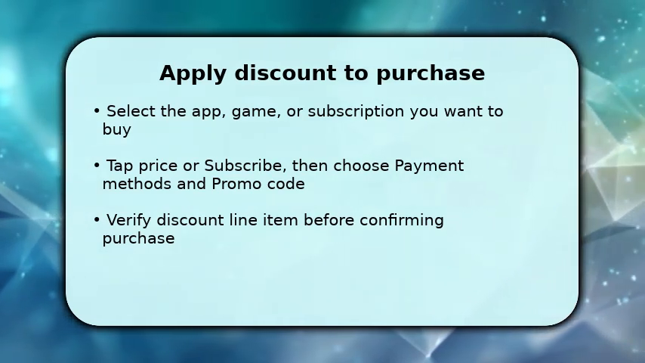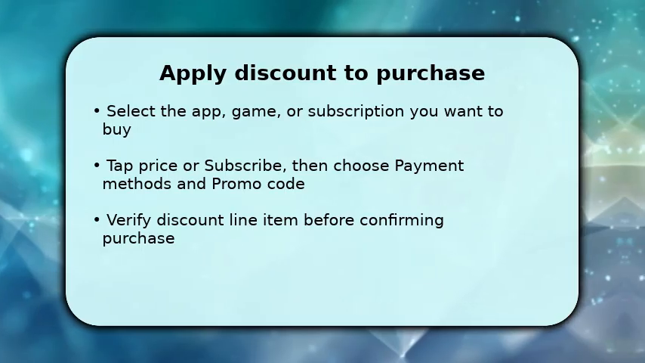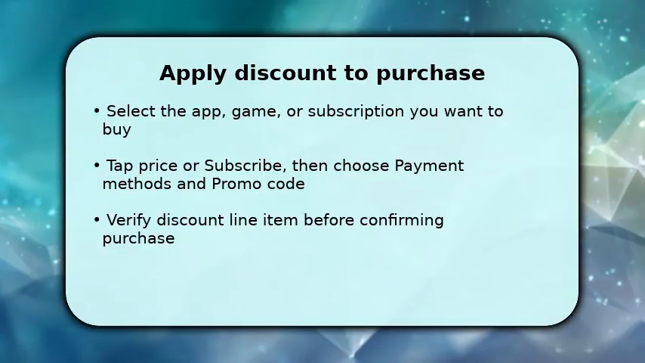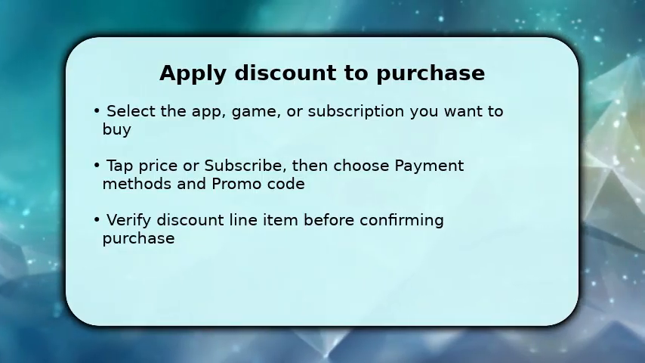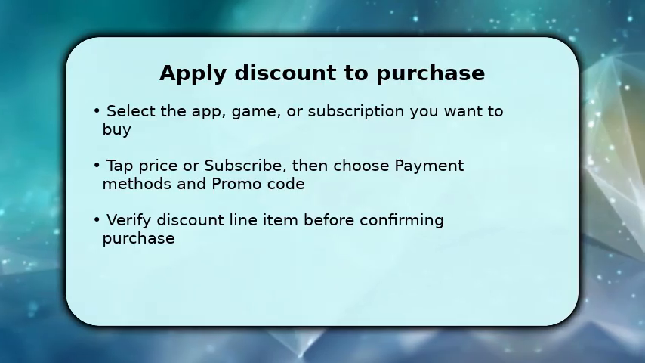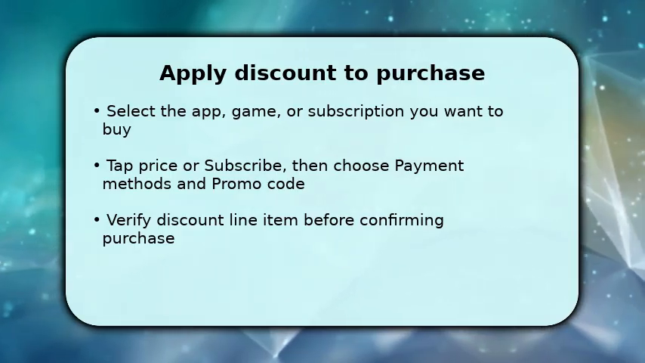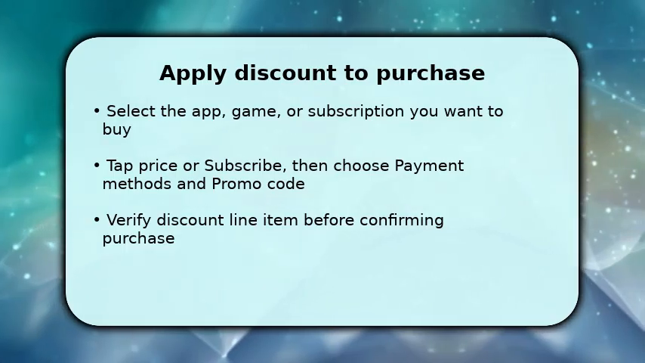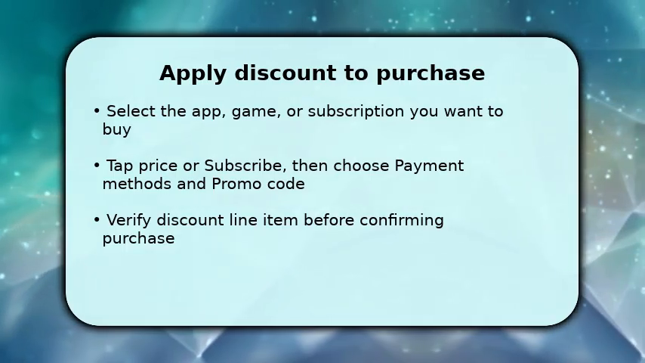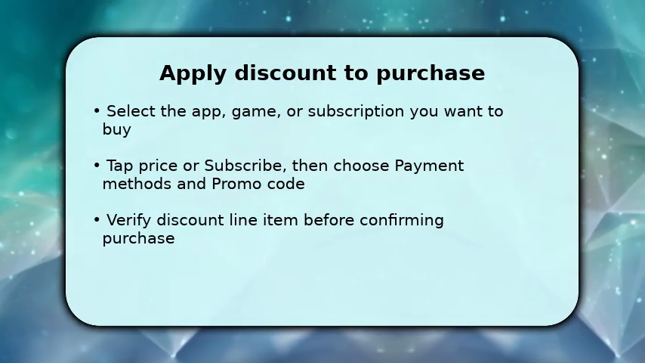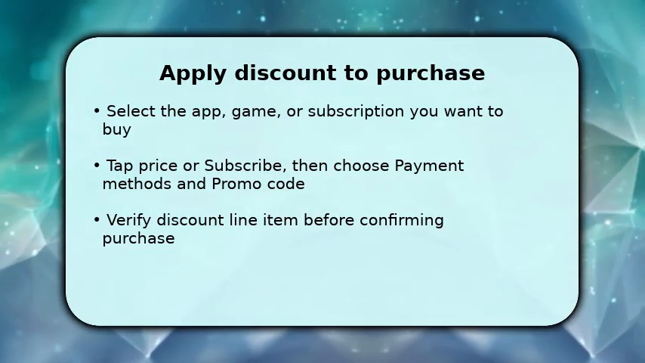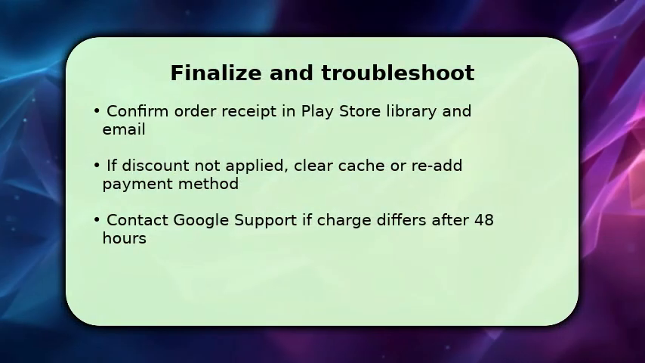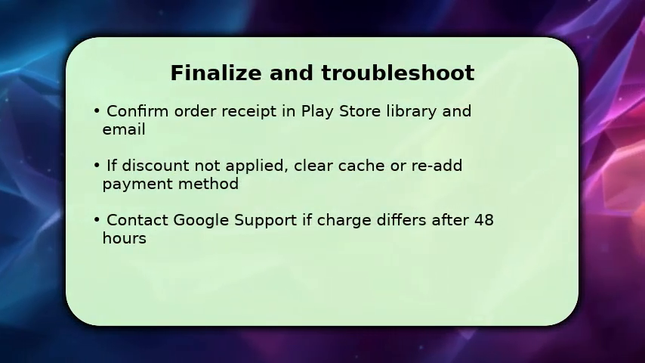Once at checkout, tap Payment Methods and then Promo Code or Add Payment Method if needed, enter codes, or select an auto-applied offer. Make sure the discount appears as a separate line item so you can verify savings and check which payment method will cover the remainder. If multiple offers exist, pick the one that yields the lowest final price before tapping Buy or Subscribe to complete the transaction. You finish by confirming the purchase appears in your Play Store library and by checking the receipt sent